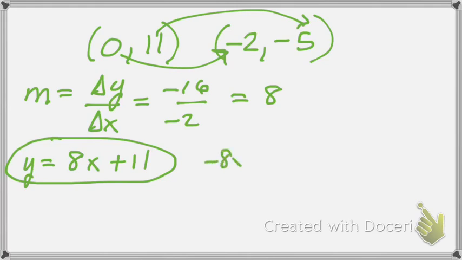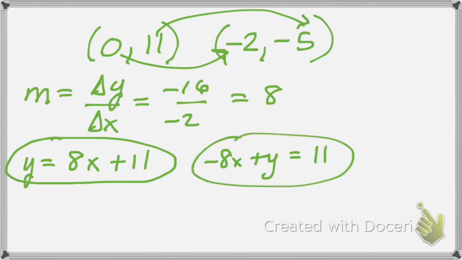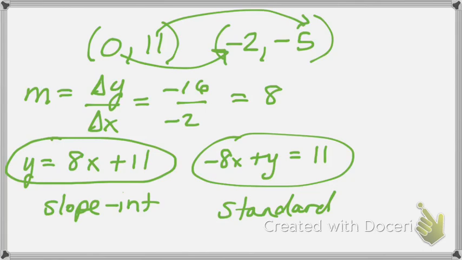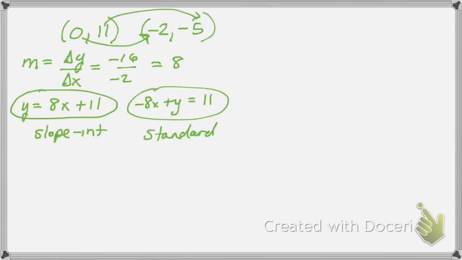Move the 8 over. Negative 8x plus y. So there's slope-intercept, and here's standard. And then if I wanted to write point slope, I would just pick one of those points